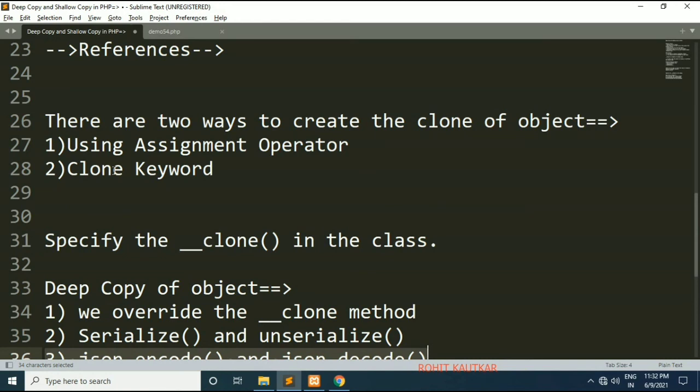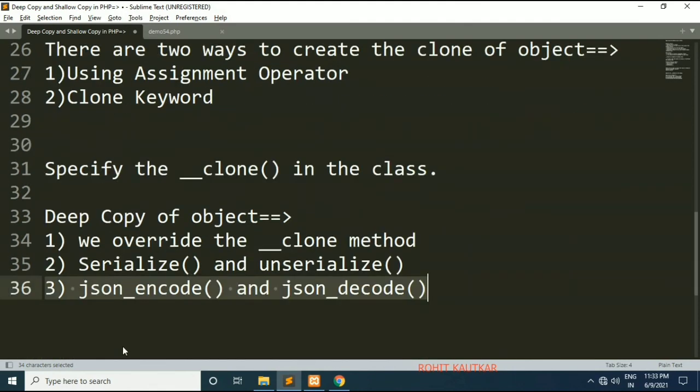We can create a shallow copy using two ways: first the assignment operator, and second the clone keyword. In case of deep copy, we discussed three different ways: implementing, or overriding, the clone method, using the serialize and unserialize functions, and using the JSON encode and decode functions.